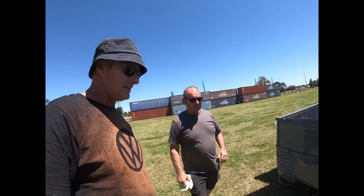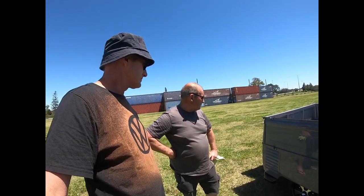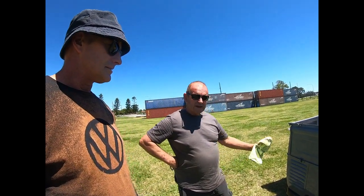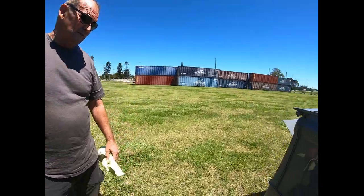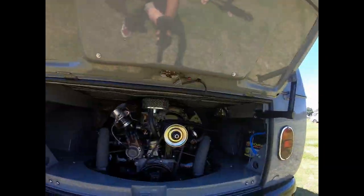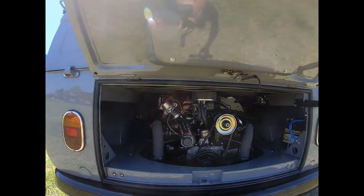So how long did this take? It was a 2-year build, from a bare sandblasted shell. And it's had every nut and bolt replaced. Motor's a brand new case. How big's the motor? It's a twin port 1600. Just got a mild cam in it. Very nicely built by